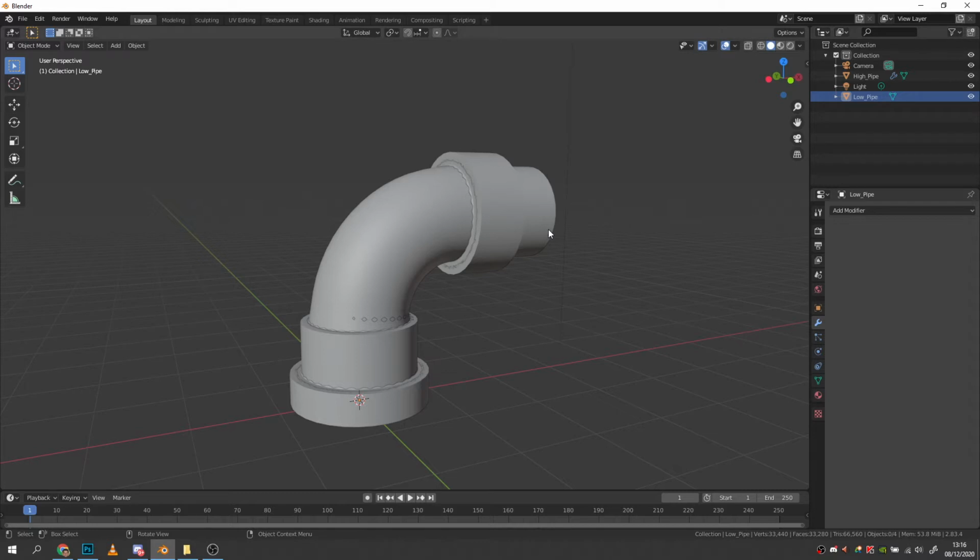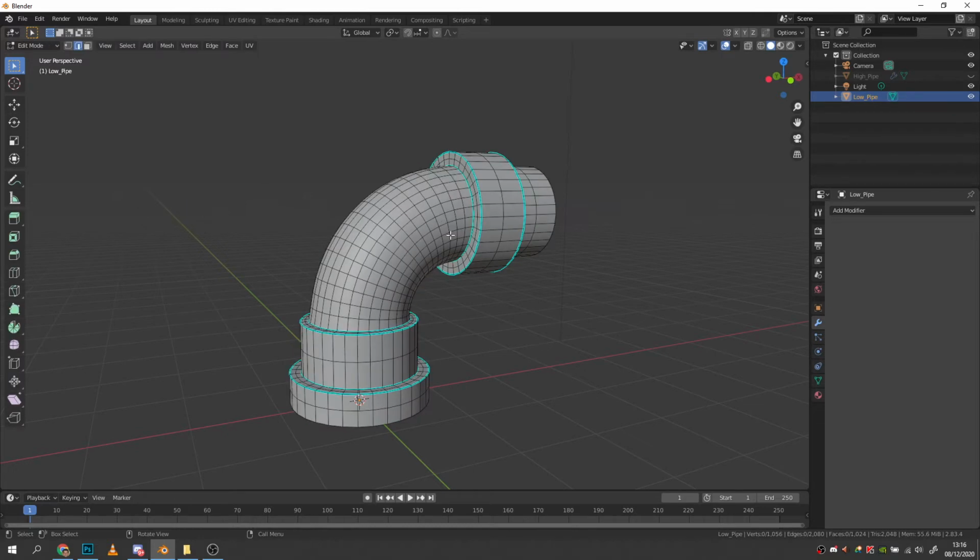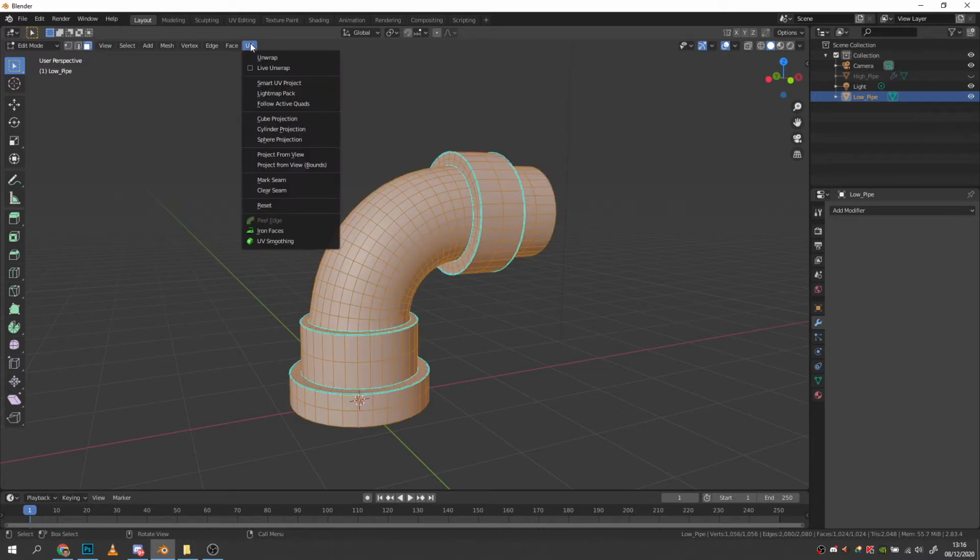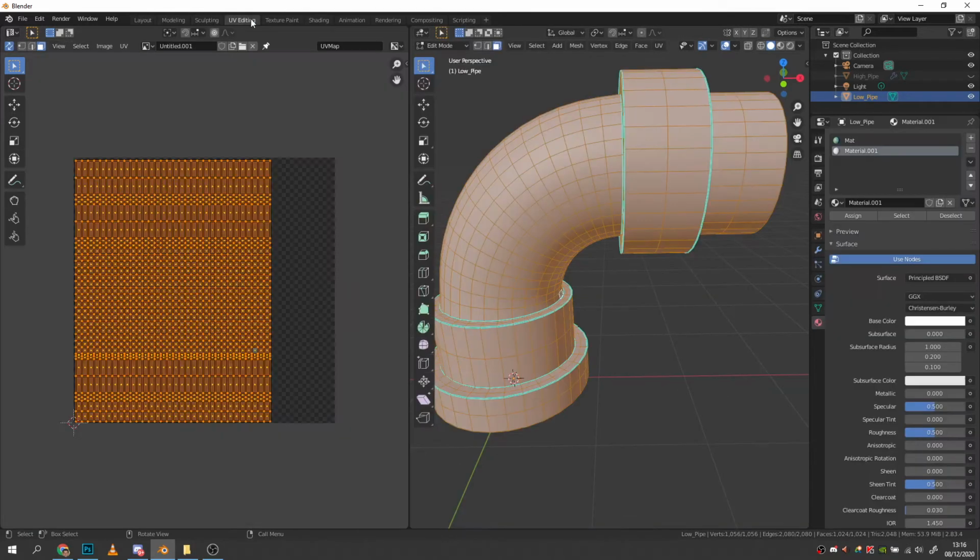I've exported the low and the high, and the other thing that I need to do with the low poly, so I'm just going to hide the high for a second, is export the unwrap. So I'm going to go into edit mode, on edges, faces, and then A on the keyboard to select everything, and then I'm going to go into my UV editing mode, look at my wireframe layout,